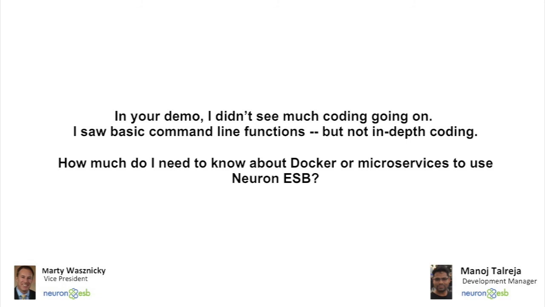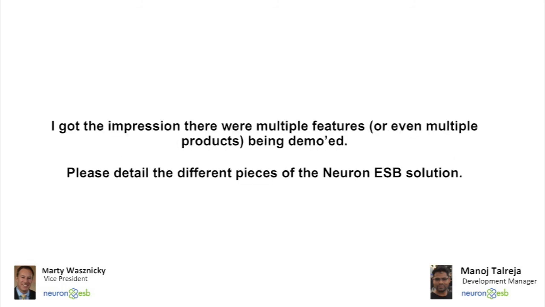Another point came up, guys, and that is the idea of looking at the actual product form factor or the different components that went into the solution. The question says, I got the impression that there were multiple features or even individual products being demoed here. Could the speakers please detail the different pieces that go into this Neuron ESB solution for Docker and microservices? So for building or defining an API, we're using Neuron Explorer,